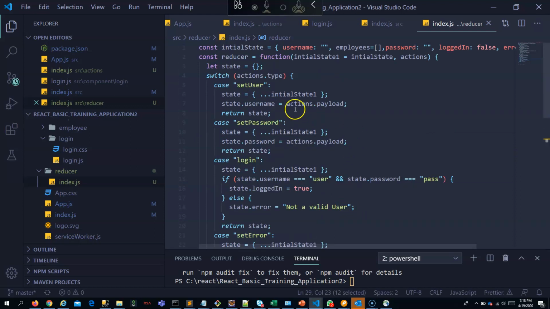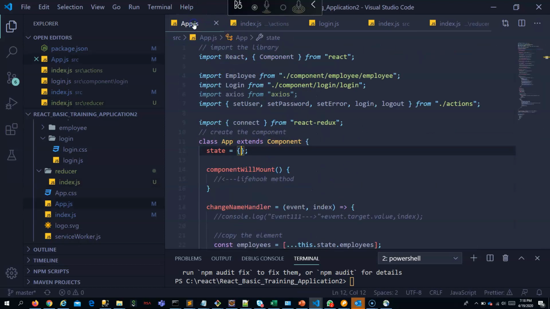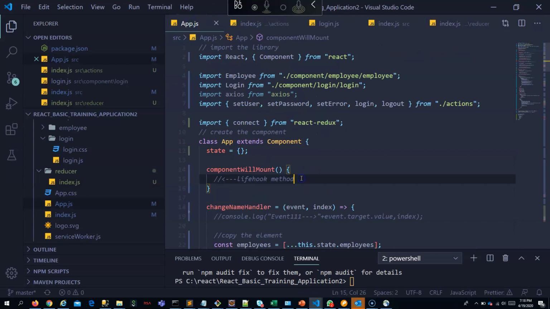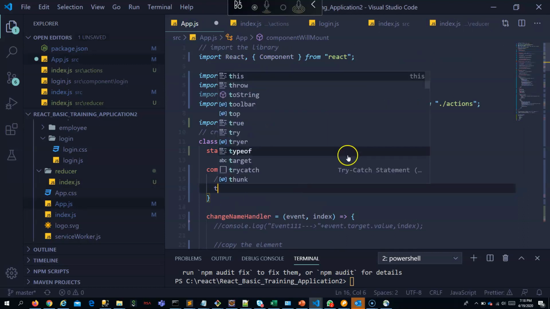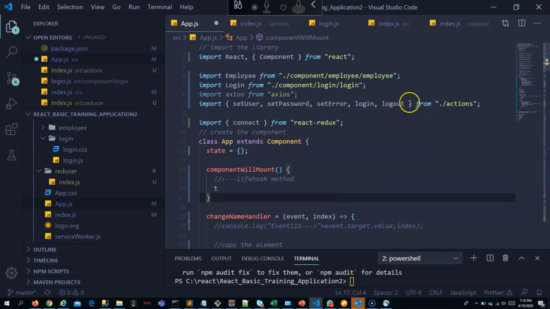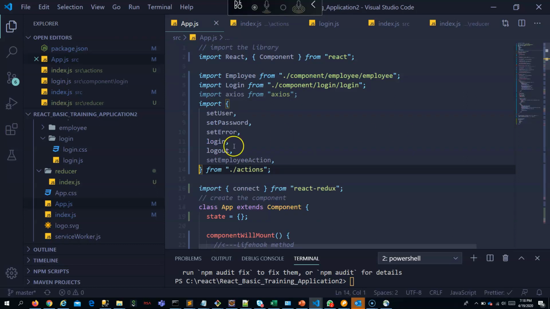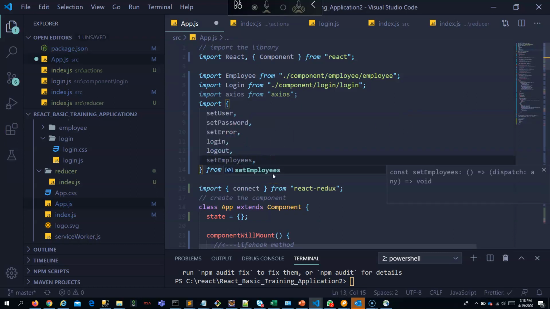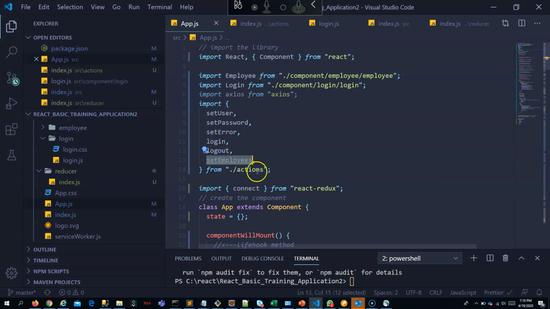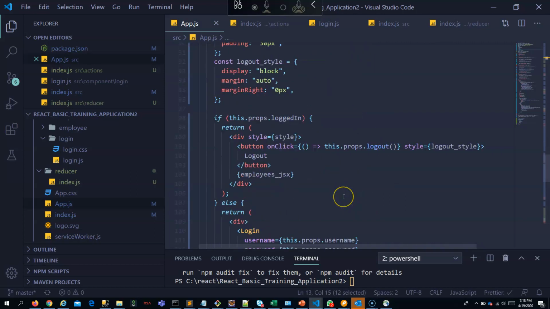Okay, now change there. Now you have to call the action there, right? Maybe this also needs to be imported from actions. Maybe set employees action. Because set employee action should be called by the dispatch, right?